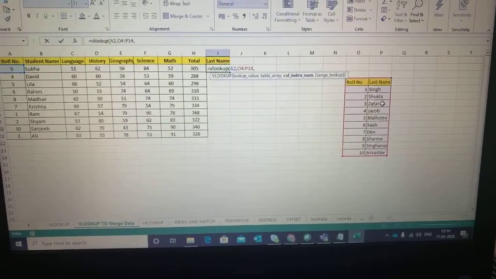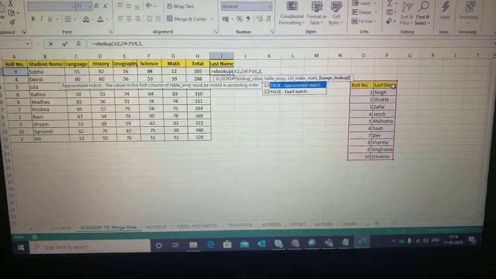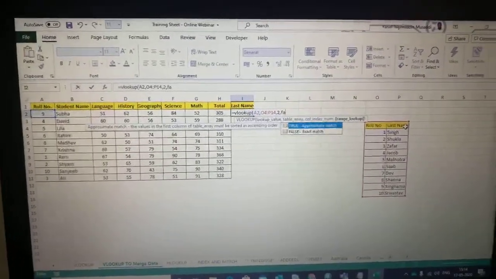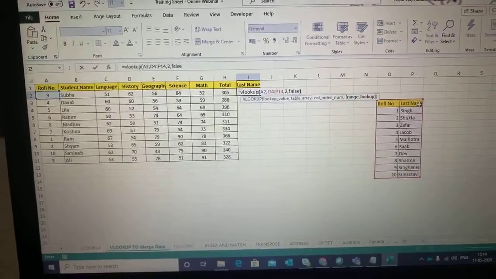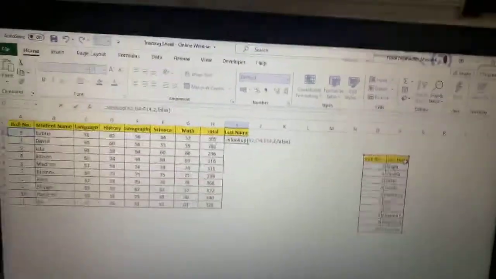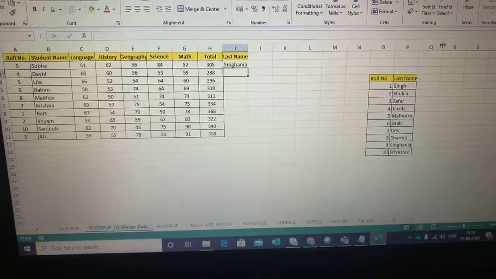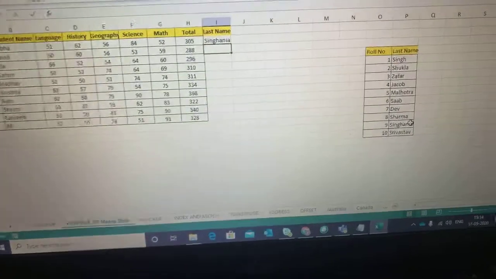I have to pick up the result from the second column, which is last name. And here again, it will be an exact match. It will not be an approximate match because I want to fetch the roll numbers exactly. So I'll put a false over there and press enter. As you can see, for roll number 9, the surname is Singhania.